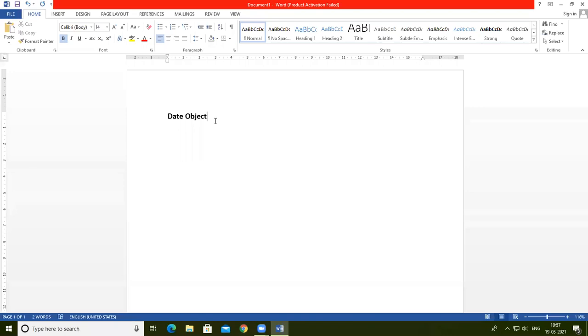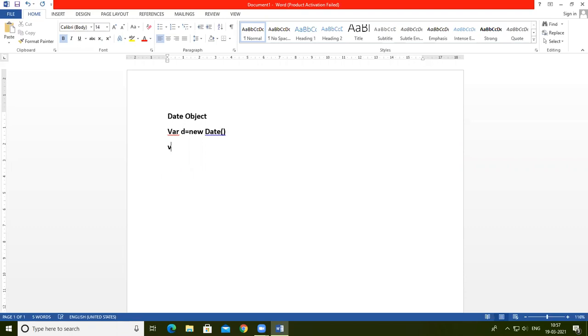Date objects are created with the Date function, and there are four ways of instantiating a date. So there are four ways to use a date variable. Suppose d is a variable, then assign a value to that variable by using this function: new Date.